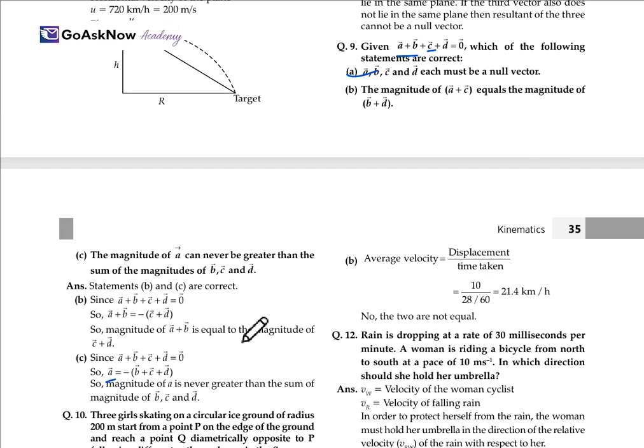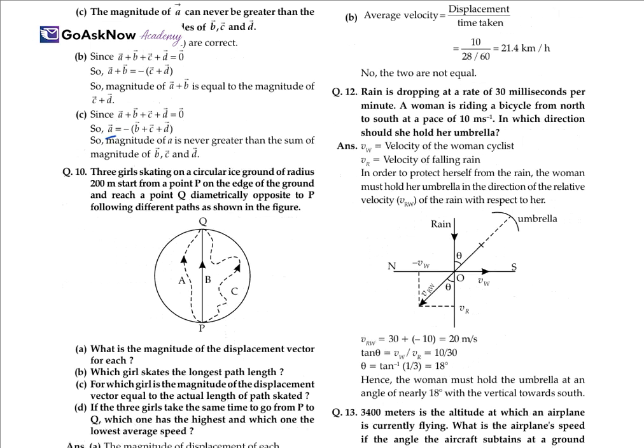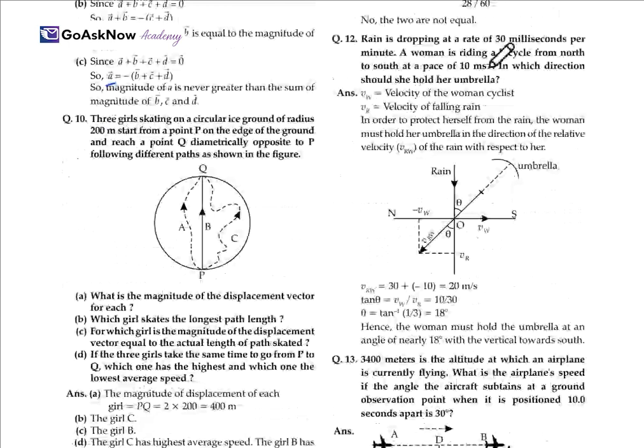This is the assertion, and the reason is: when a vector A is inclined to the y-axis at an angle theta, the vertical and horizontal components of the vector are A cos theta and A sin theta respectively. So here, on the basis of vector resolution and the angle, the reason R is also following the assertion A. Why so? When the vector is inclined to the y-axis at an angle theta, that's fine. The vertical and horizontal components of the vector are A cos theta and A sin theta. For a 30 N force inclined to the y-axis at an angle of 60 degrees, the vertical component will be 30 cos 60, which we'll have to determine.